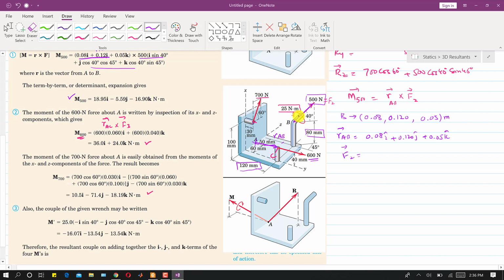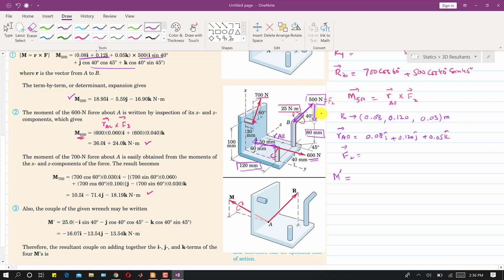So then we can write this as, the magnitude of this is 25. If I write the vector representation of this wrench, let's suppose I say M dash, then this vector has a magnitude of 25 Newton meter. One of its components is along the x-axis, one along the y-axis, and one along the z-axis, similar to that 500 Newton force. If I resolve this into its components, one component will be in this direction.